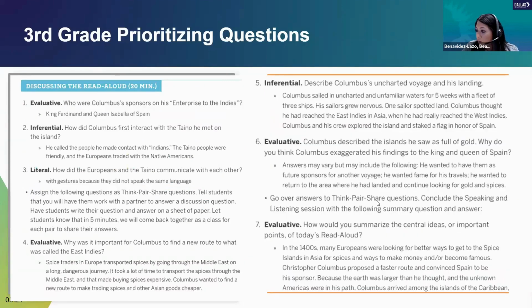Okay, now I notice that in my upcoming lesson, I have 7 questions. 7 questions they want us to discuss after the read aloud. So I can do one of 2 things. If I feel I need all 7 of these questions, because that's how I feel, I just need all 7 of them, then one thing you could do with all 7 of these questions is sprinkle them out